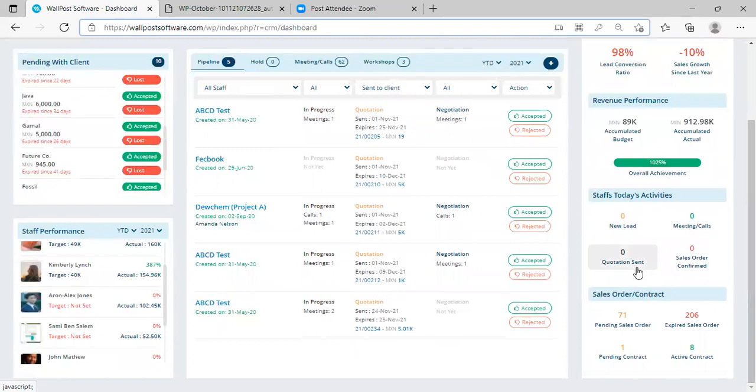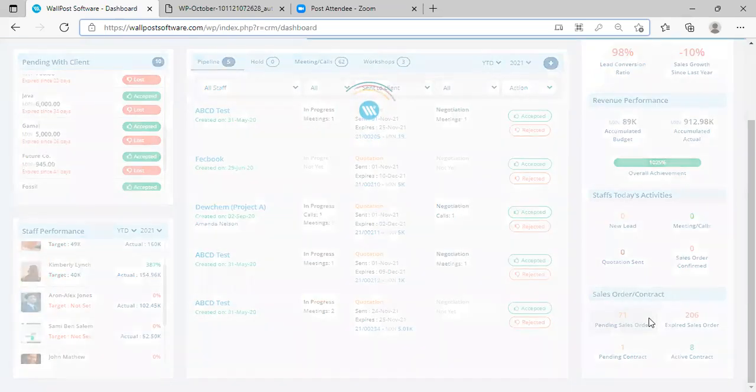How many of them are on meetings and calls with the clients, potential clients? How many of them have we sent the quotations for? Are there any confirmed sales orders? I can see it from here. And if there are any contracts that are actively running, I can just go ahead and see those contracts over here and click and see more details of those contracts.